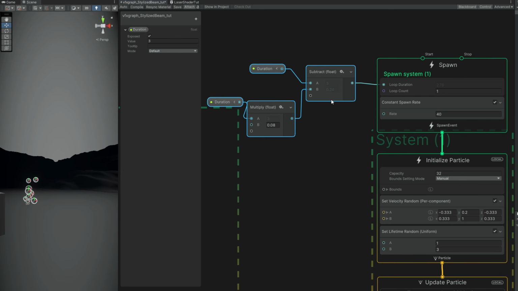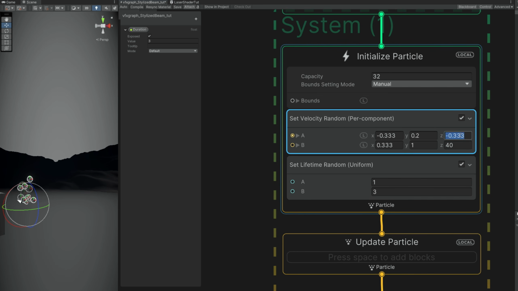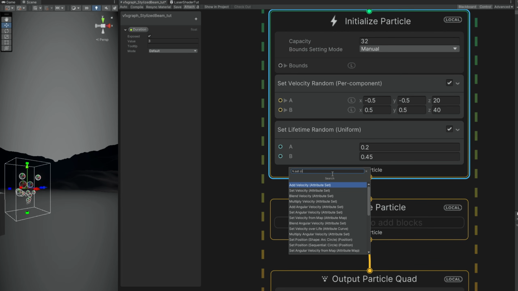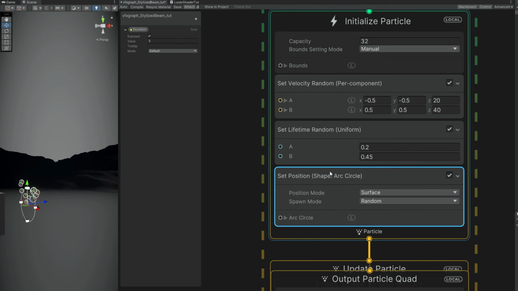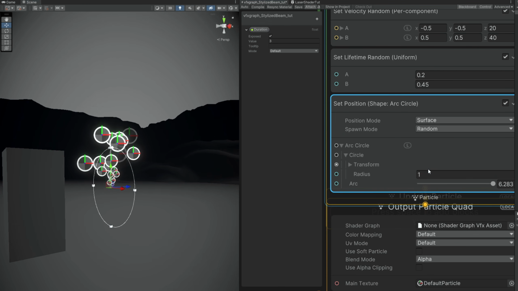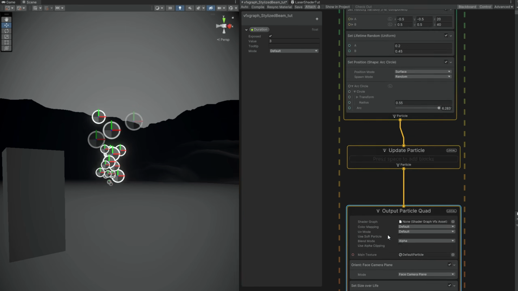But what really matters for these stretched particles is to say the velocity of the z-axis is going to be between 20 and 40, for example, and the rest is going to be between 0.5 and minus 0.5. Something short for the lifetime, 0.2, 0.45, and then we can say they spawn in a circular shape. So let's use a set position, arc circle, and decrease the radius to 0.5. That should be enough. Let's take care of the aspect down here and set the blend mode to additive, and